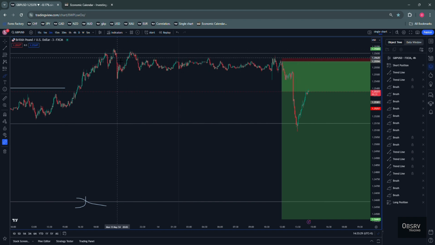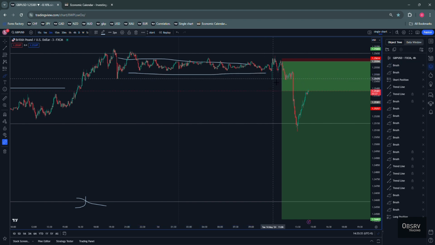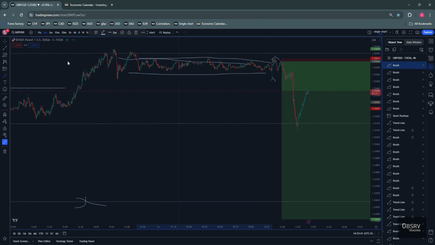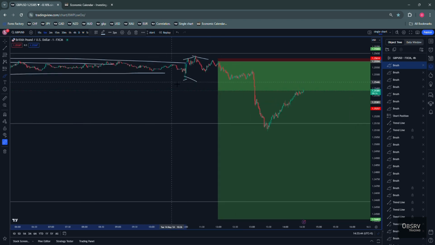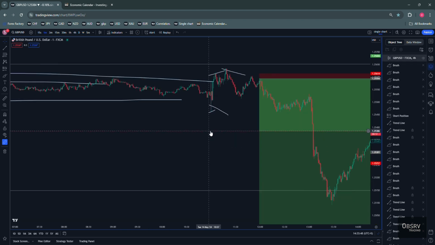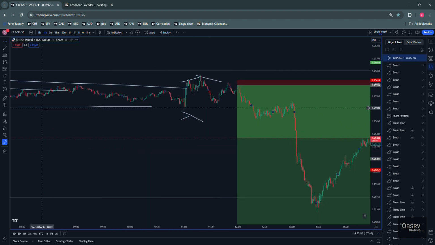Okay, so this range during Asia, the news comes out at Frankfurt Open, and then it goes all the way back up, tries to go through this range, cannot go through this range. If you go to a lower time frame, you'd be able to see that if you compare the buyers and sellers, right? Let's just do that. Let's compare buyers and sellers.